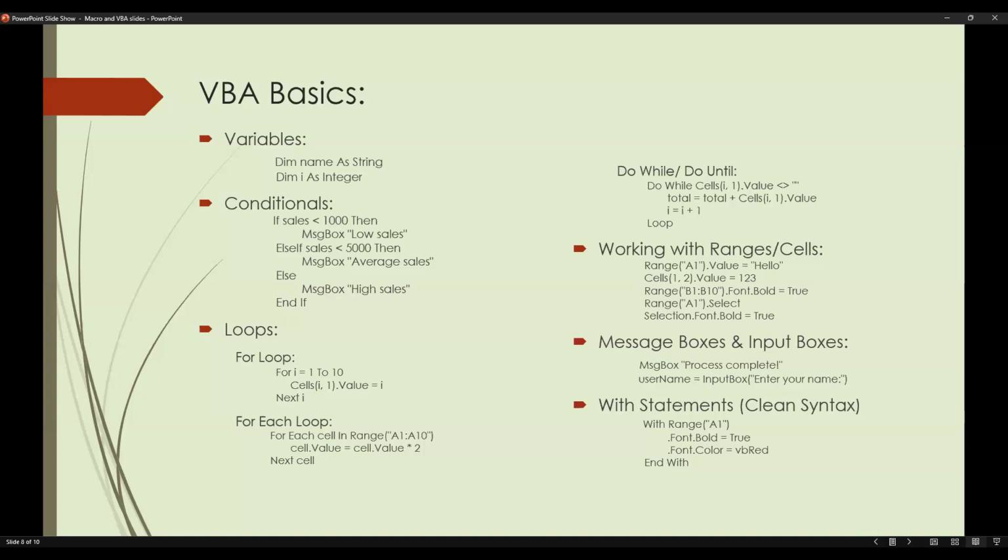And next comes conditionals. Conditionals are used in coding for condition-based statements. For example, here it says if sales is less than 1,000. So for example, if you have a table that has a column with the header sales, and underneath